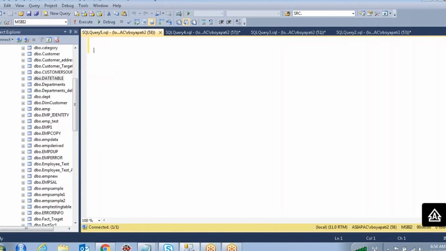Okay. So for that, what I'm going to do here, first I'm going to declare two variables. This is a very real-time scenario. When you are going to work in real-time work, if they are asking to populate some data into the date dimension table, you have to do it like this. I want to declare two variables. One variable is start date, and the start date from which date you want? 2001. And one more variable, at the rate of end date. End date is